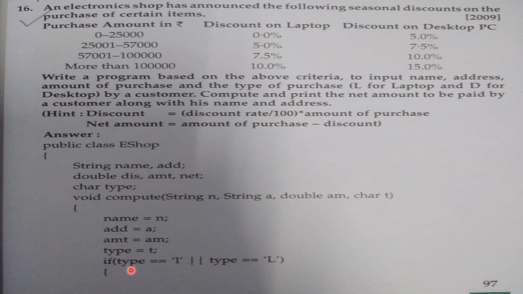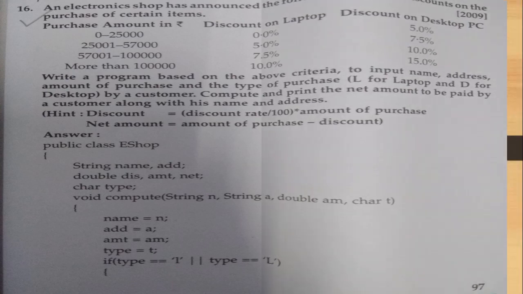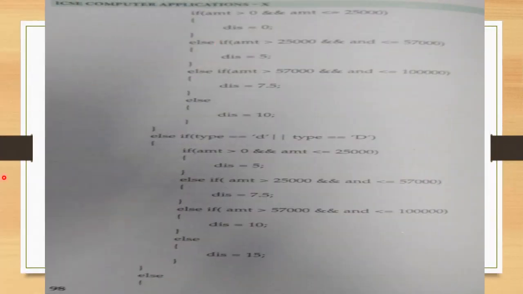So the first condition is only for laptop. If the user's given type is L, then we have to check some other criteria also for the amount. Means he has purchased the amount from rupees 0 to 25,000. So we can give this condition by using a logical operator.